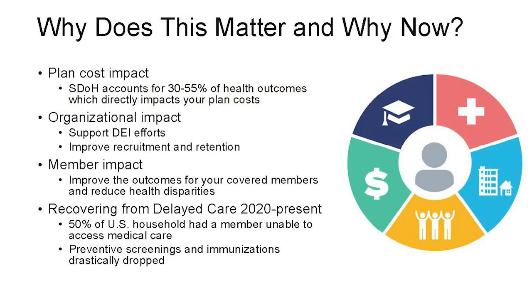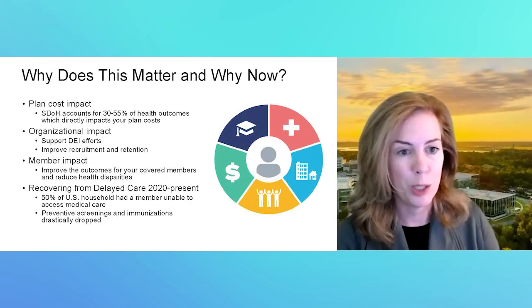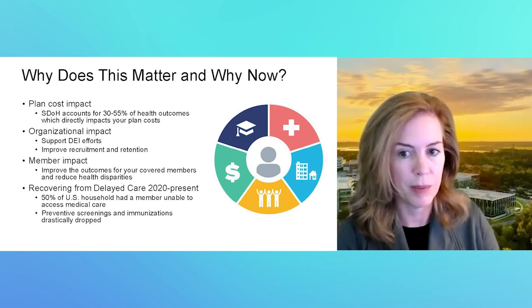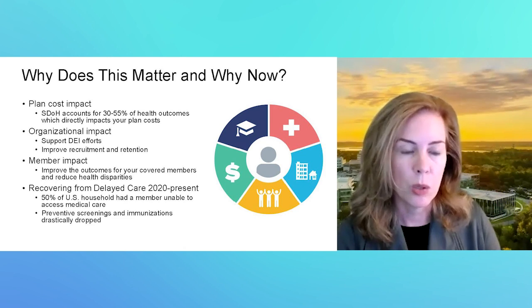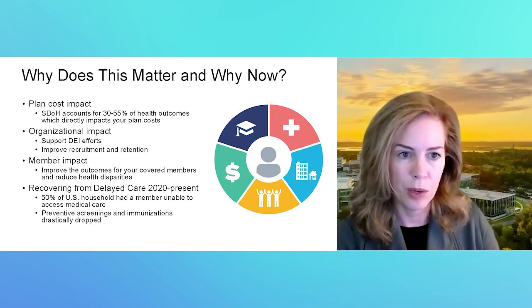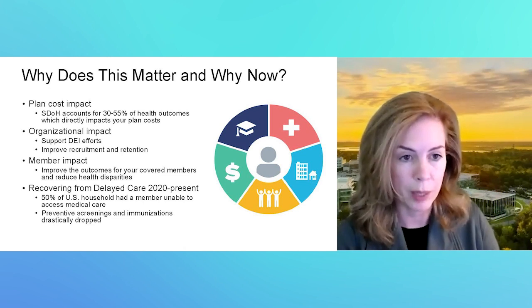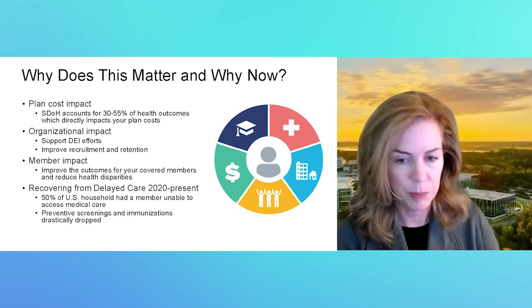So going through the areas and what you can do as a population and somebody that oversees a pool, there are 4 main reasons why this matters to you. One is your plan costs, and we hear that from employers and TPAs every day: my plan costs, how can I control them? The social determinants of health affect 30 to 55% of health outcomes,